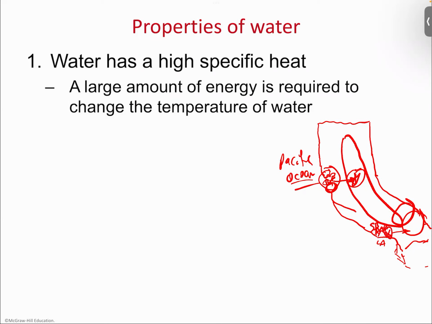Right? So that's specific heat. Now, what does this do for us? Biologically speaking, what this does for you is it gives you zones of habitation, zones of habitat. So for instance,